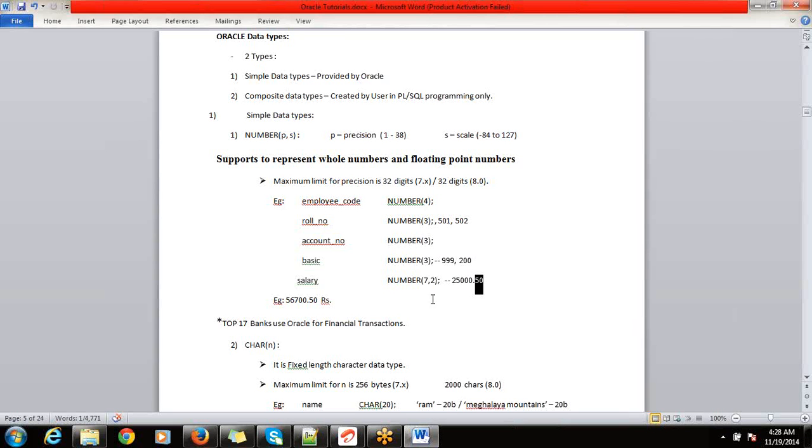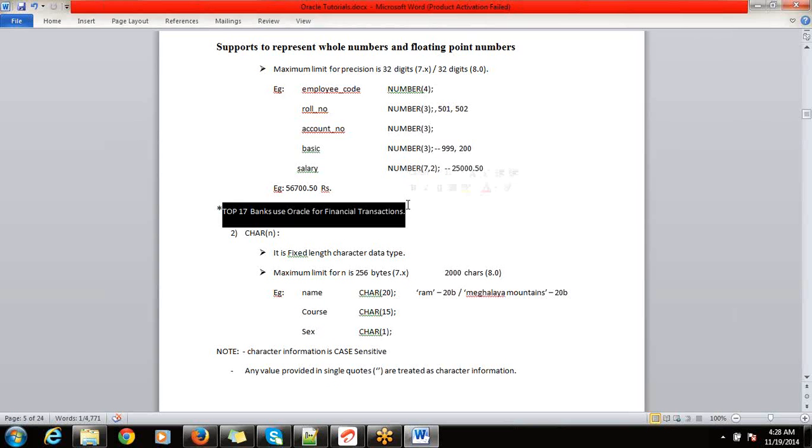So number data type represents both whole numbers and floating point numbers. And you can see here across the globe, the top 17 banks are using Oracle for their financial transactions. Citibank, ICICI Bank in India, and many other banks are using Oracle as their repositories.